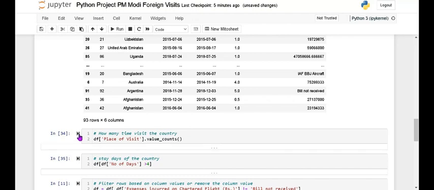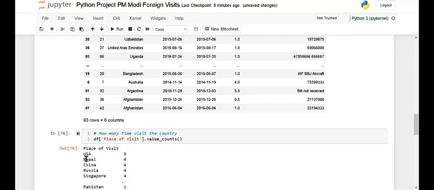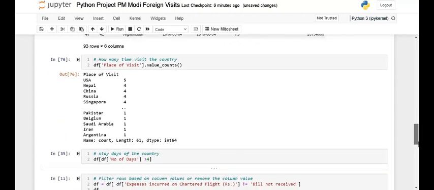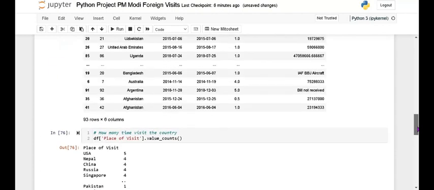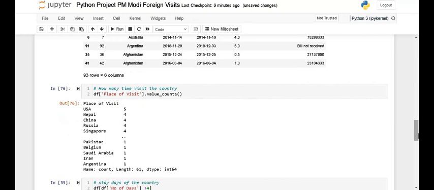So it counts the country values. The USA he visited 5 times, Nepal is 4 times, China 4, Russia 4, Singapore 4. All these countries are mentioned there. So it gives the count value. We know that value counts is always used to count the values of the column you want to count.